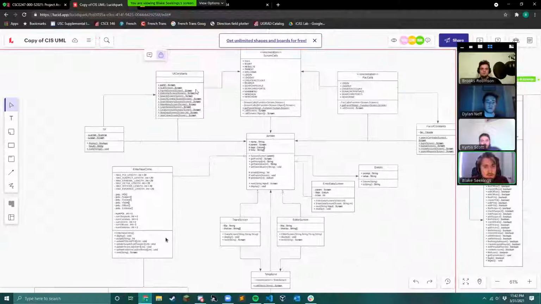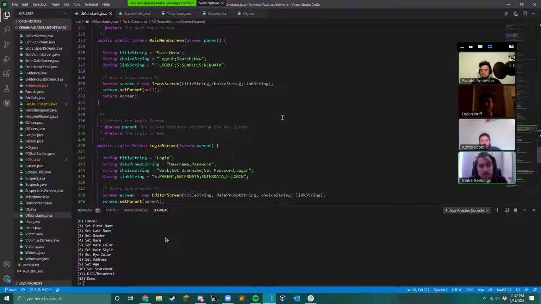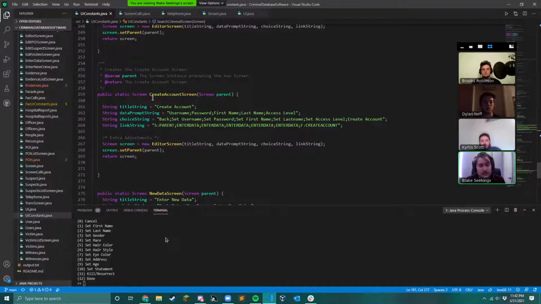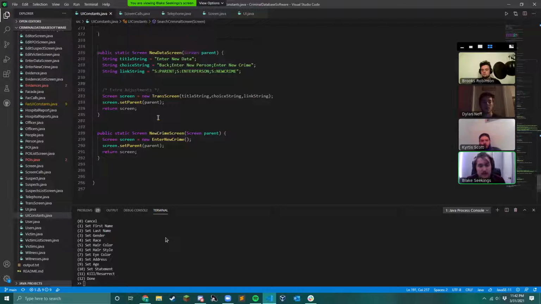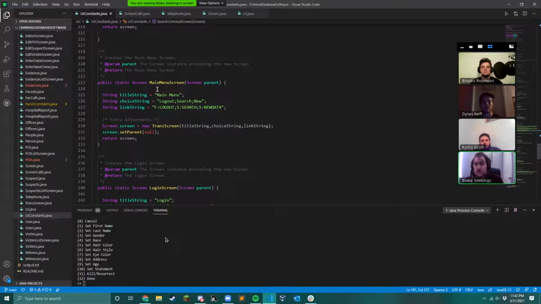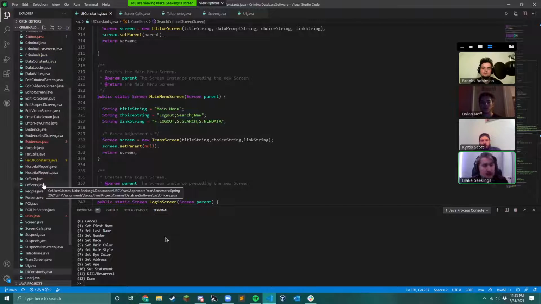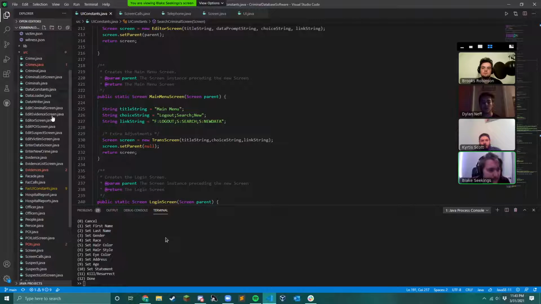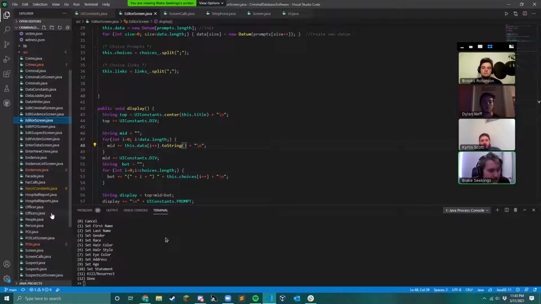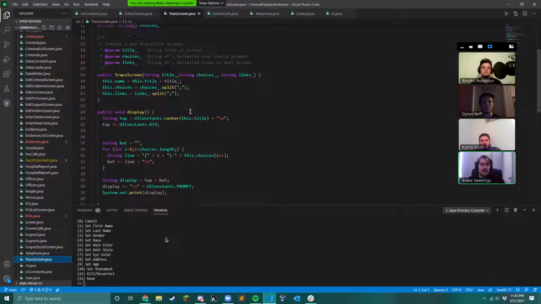It connects to several other things, mainly the UI constants. This is where a lot of the screen data is going to be stored for a lot of different screens, such as the create account screen, login screen, and they all have a very reduced look to them. The reason is because I make use of two screens to get a lot of the basic stuff out of the way. That would be an editor screen and a transition screen. What these allow me to do is, by changing just a few strings that I input as parameters,